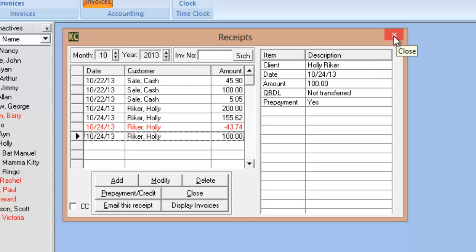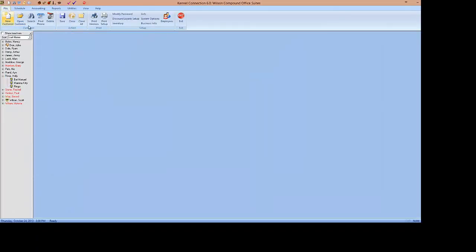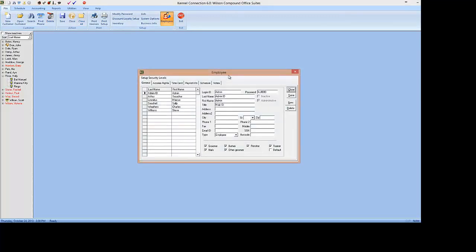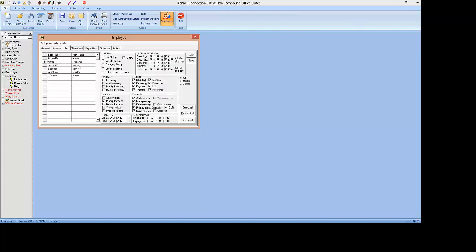And while we're on the subject of invoices and receipts, I'd like to point out that if you have employees set up in your Kennel Connection program and you're having them log in and out with IDs and passwords, you can set up the access rights for individual employees. And very important, you can restrict the access certain employees have to modifying or deleting invoices and receipts. That can be very useful in preventing internal theft,